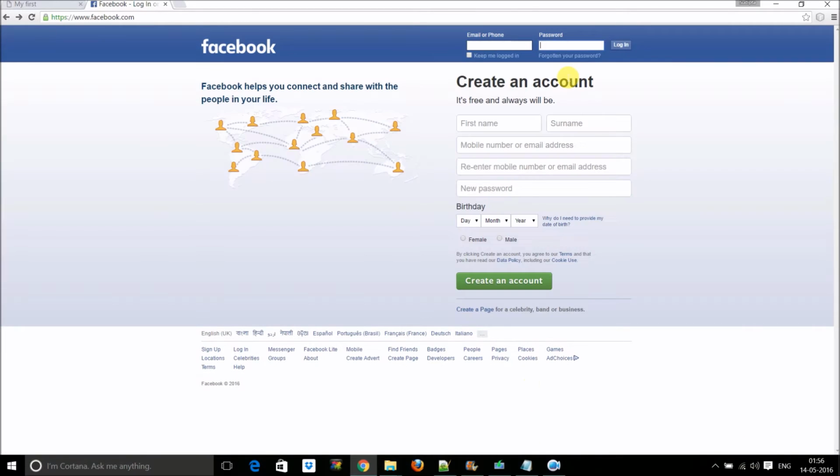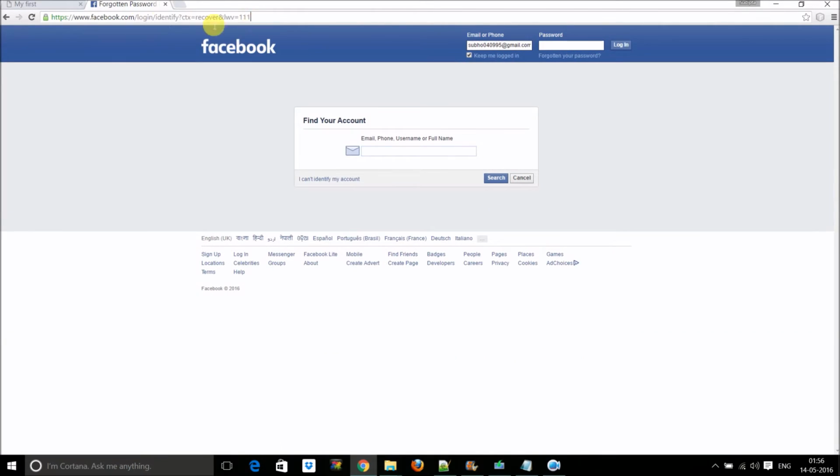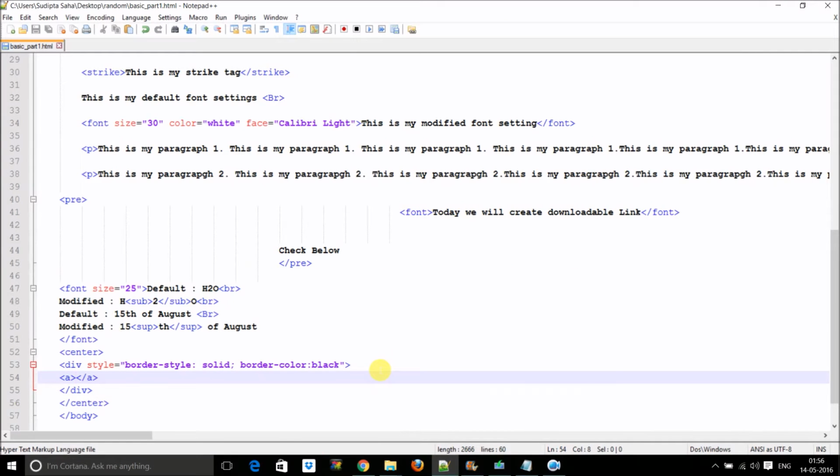What exactly happens is that currently I am on www.facebook.com, and if I click this link, it takes me to a different page altogether. Here, as an example, we are going to link our page to Google. So let's type in "click to visit Google". Save this and mention href here, as a property of the hyperlink tag, and type in Google